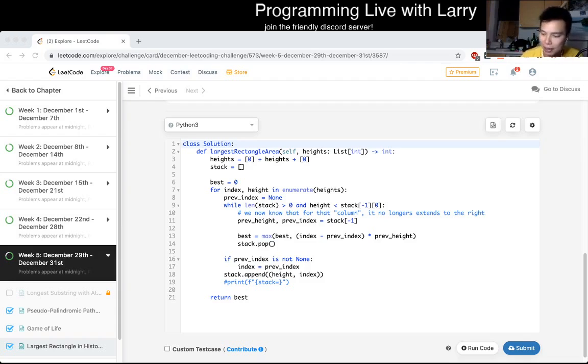But yeah, so what is the complexity of this? I'm explaining it in a very naive way, which is that, okay, you have one for loop and you have a while loop, so obviously it's going to be O of n squared. And in terms of space, you have a stack, so it's going to be O of n space. So obviously it's going to be n squared time and O of n space, right? Well, it turns out that, if you look at it that way, it's going to be O of n squared. But